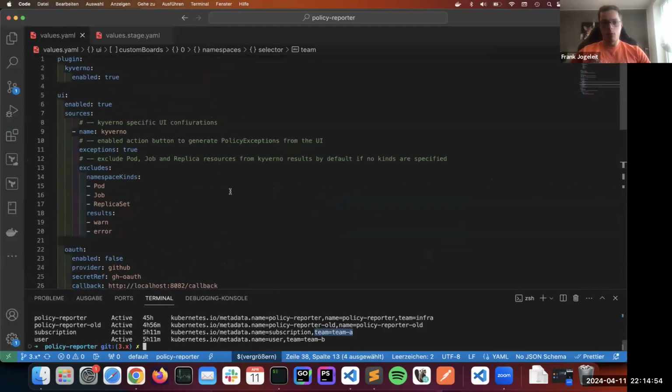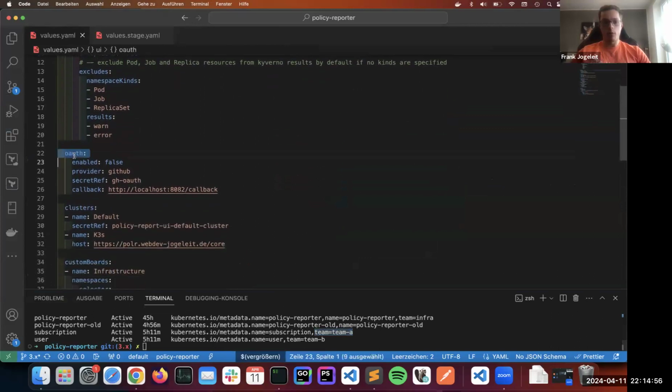So we go to the configuration again. We, for example, have OAuth. There is a preset of defined providers. So at this time, it supports